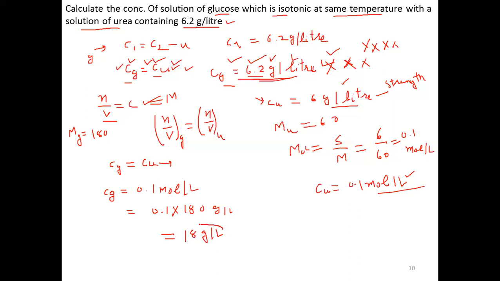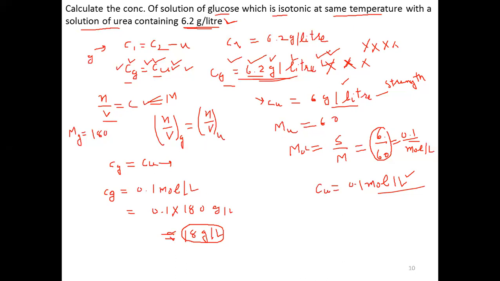So 18 gram per liter solution of glucose will be isotonic with 6.2 gram per liter solution of urea. Here I have applied some approximation. 6.2 I have taken as 6 to simplify, because it will give us 0.1. So it is approximately 18 gram per liter. So this was a very interesting and quite easy numerical, but students tend to make the mistake that I deliberately did